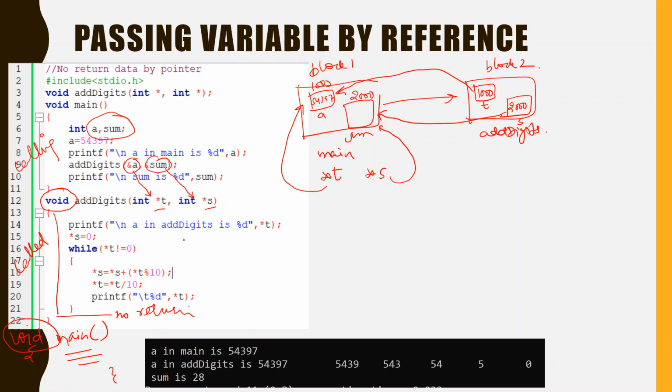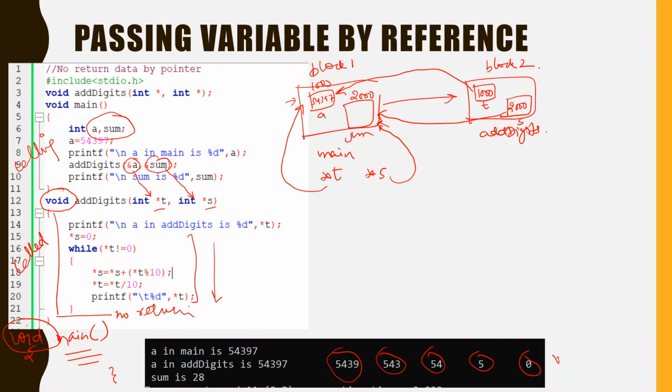Because it has direct access to the memory locations of the calling function, and all the changes that it wants to reflect would directly reflect with the help of pointers. As soon as this code is performed, this 54397 reduces to first 5439, then 543, 54, and then 0.